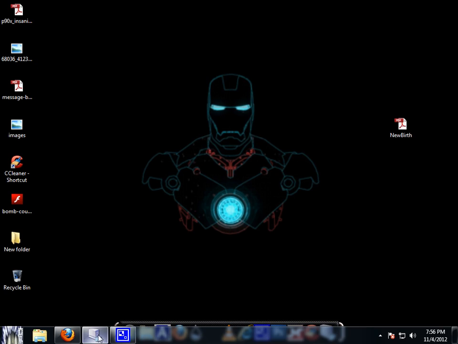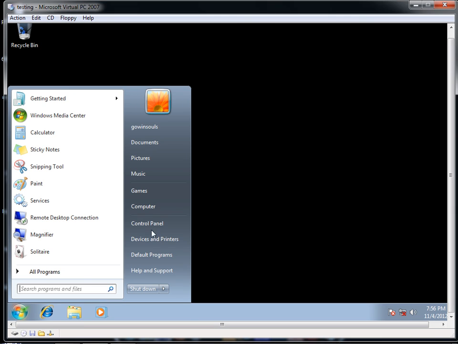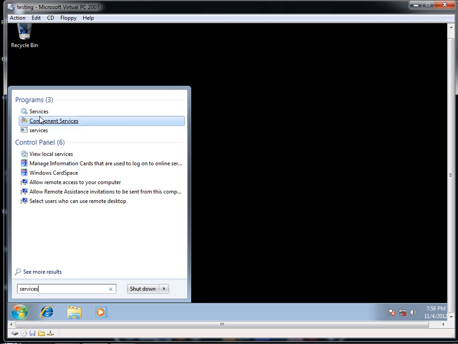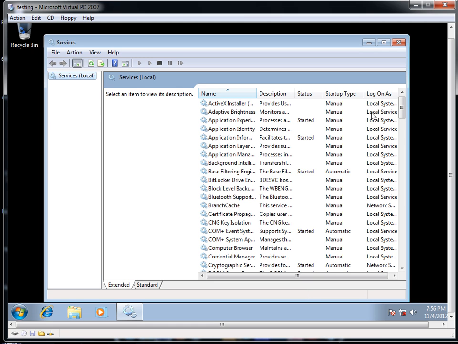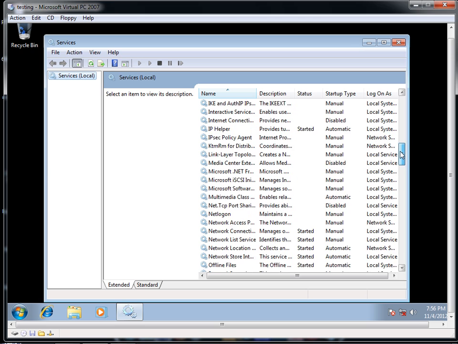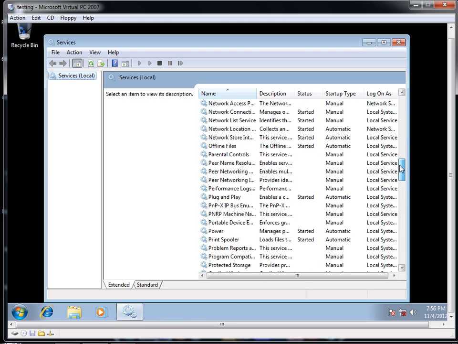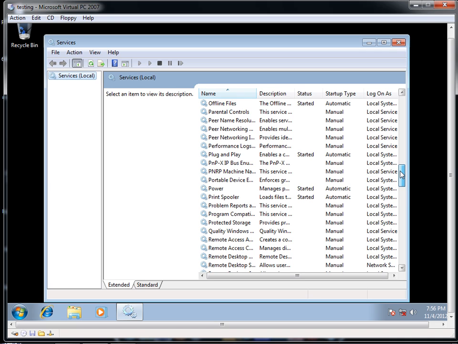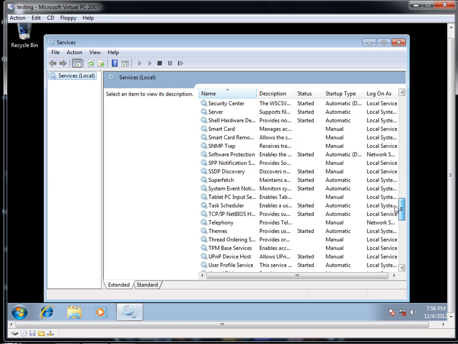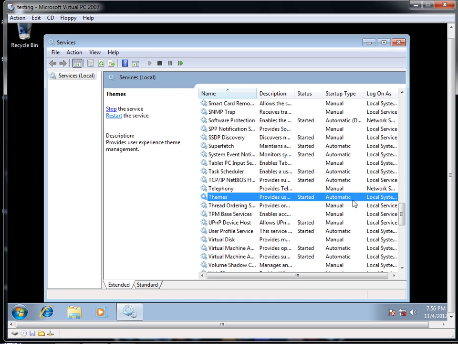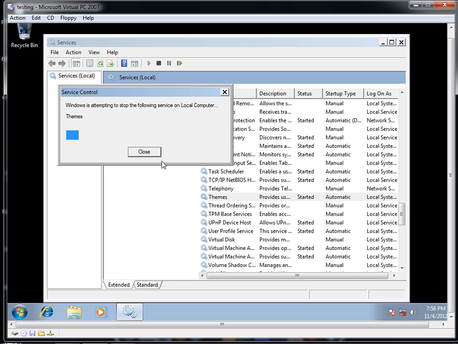I better use my virtual. Type in services, and then you want to look for themes. Themes are what controls all this and all the fancy schmancy stuff. What we want to do, we want to disable all that. Remember, if it's 1 gig or less, or you just got low RAM, you can stop it, and it should